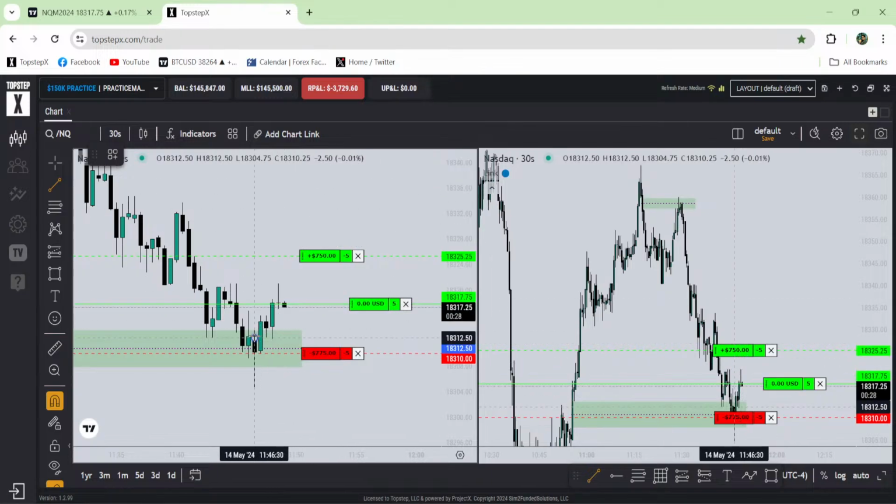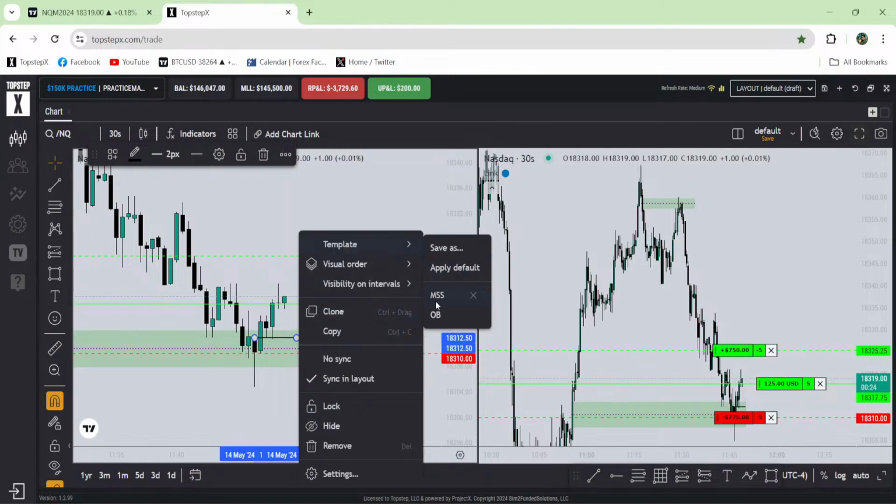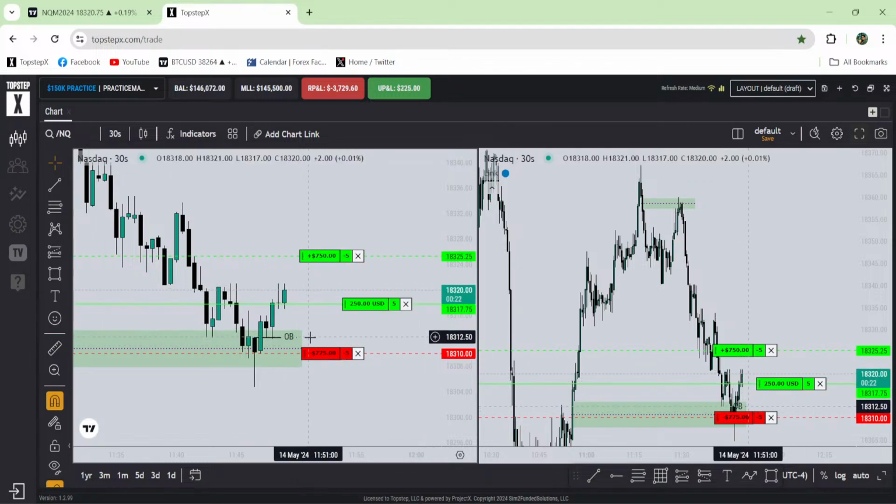Okay. So what I have done, I marked that order block over there later. So this is the order block. This is the last fair value gap. So price came here to this last fair value gap. Then it went higher, traded the order block, hit my target profit. I just keep it in my mind when it hit my target profit.